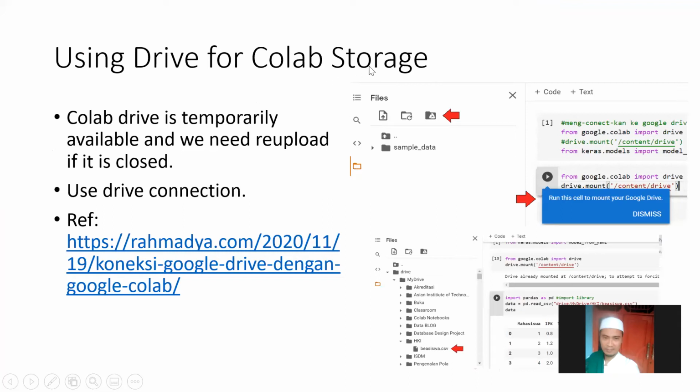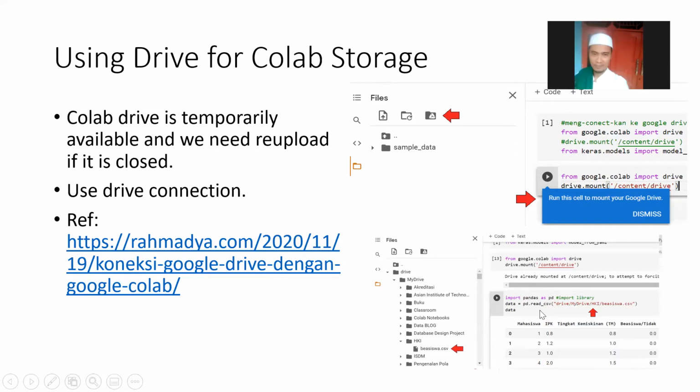And also, I suggest you run this, my blog, how to connect a file from Google Colab to our Google Drive. This is the appearance of my draft in Google. So if we access using this code, this is directly access to my Google Drive.